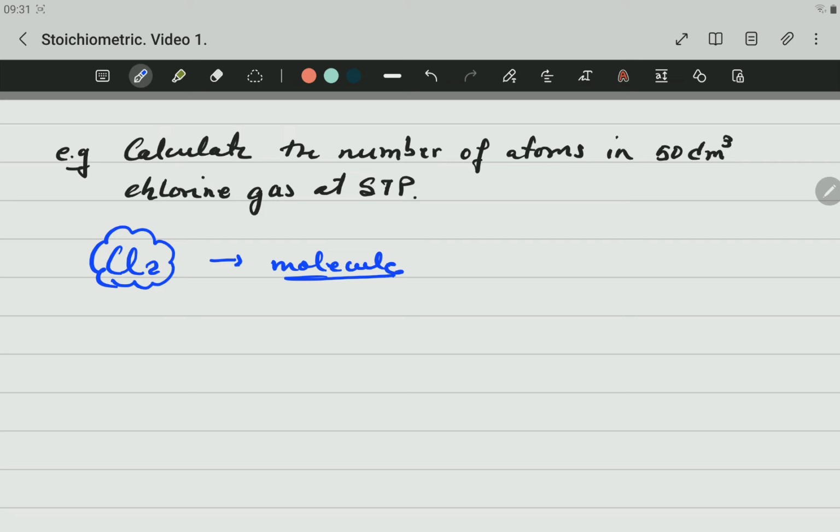Okay, so now let's see. We are looking for the number of atoms. If we recall from the previous video, you know that the number of moles is equal to number of particles divided by Avogadro's number. So from here, if you rearrange, you have that the number of particles is equal to number of moles multiplied by Avogadro's number. Okay, this here, my lovely children, this one here is going to be the number of